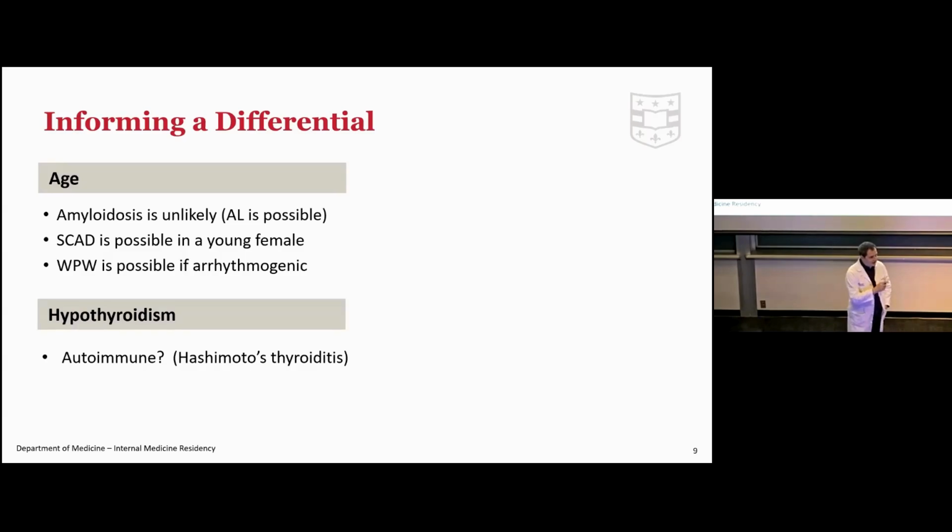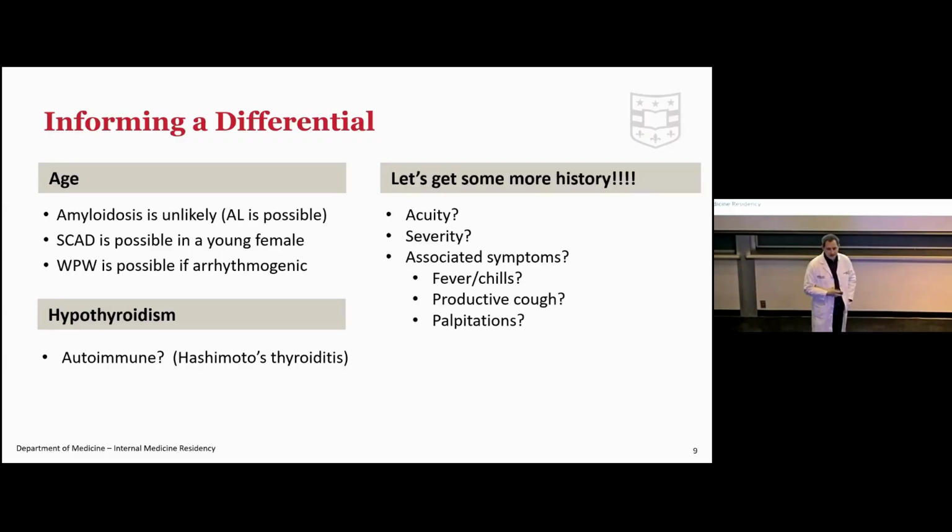I do note that the one-liner included hypothyroidism, and it may be a red herring, but it does make you start to go down the autoimmune path. One of the most common causes of hypothyroidism in a young woman would be Hashimoto's thyroiditis, which can also track with type 1 diabetes or maybe rheumatoid arthritis or lupus.